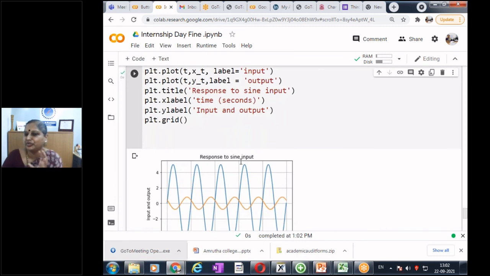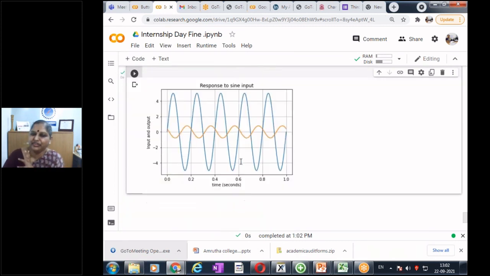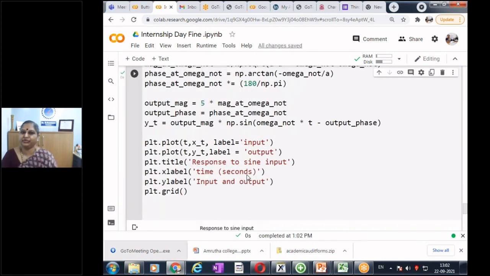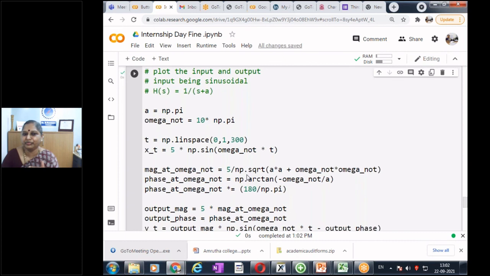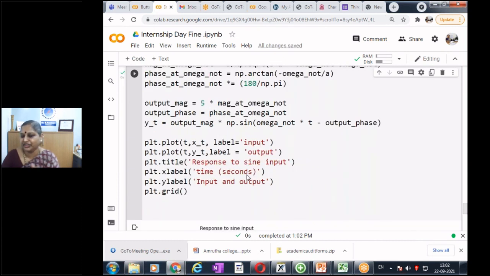We used to change the time per knob in Multisim Live. So have you understood what is the 3 dB cutoff? Finally, I give a real input, I get a real output. That's the most important component. And I hope you are able to understand everything together in one. We have done time, impulse response, phase response, magnitude response, and also computing the output for a given sinusoidal input.